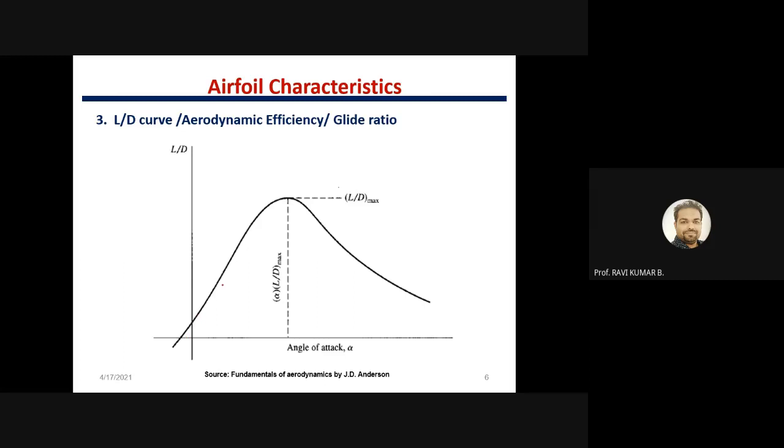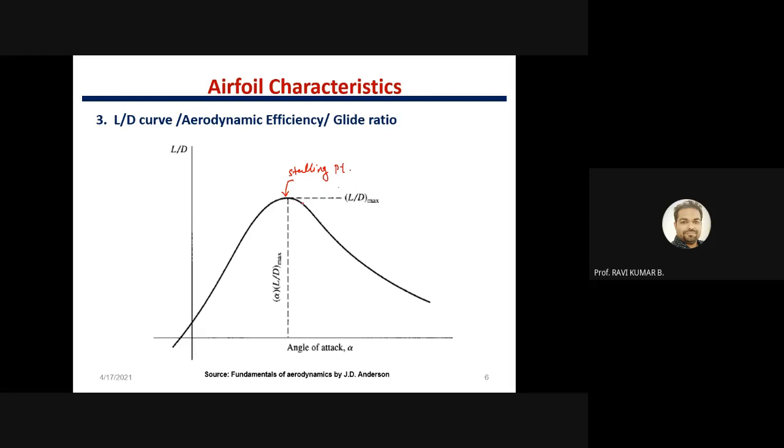Look at this behavior of L/D versus angle of attack. As we know, lift usually dominates over drag, because lift will always be more than drag. So the behavior is similar to what we have seen from the curve slope. It is originating here in the case of an unsymmetrical airfoil we are talking about. If you are drawing for a symmetrical one, you have to start from this point. This general airfoil is a cambered airfoil. So it's going like this. A peak will come, that is called the stalling point, where you are getting maximum L/D. This is a stalling as usual.